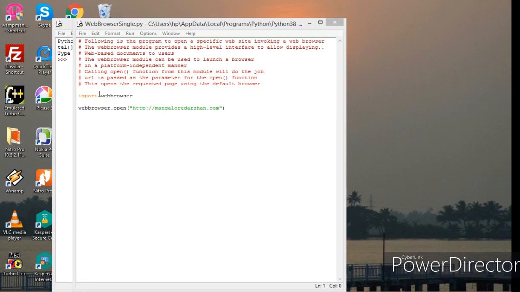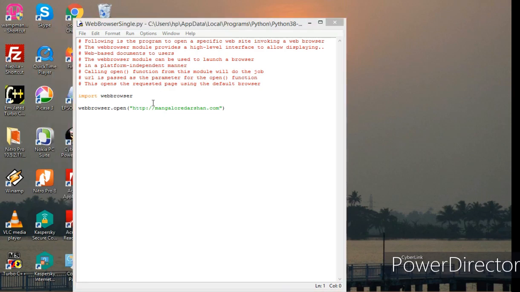So you can look at this. I have imported this webbrowser module and this webbrowser.open. So I am using the open method of the webbrowser module to open this specific website, that is http://mangalordarshan.com. By looking at this URL, this open method of the webbrowser module will invoke a default web browser and open the mangalordarshan.com site.